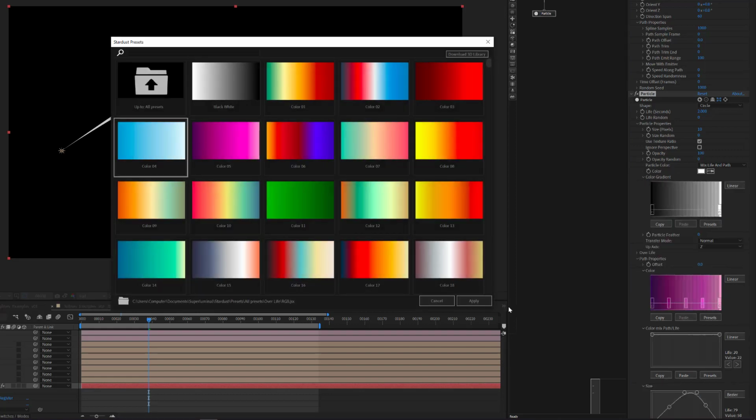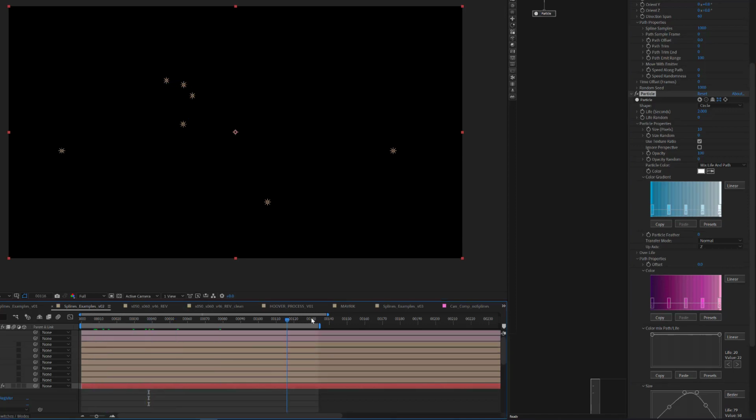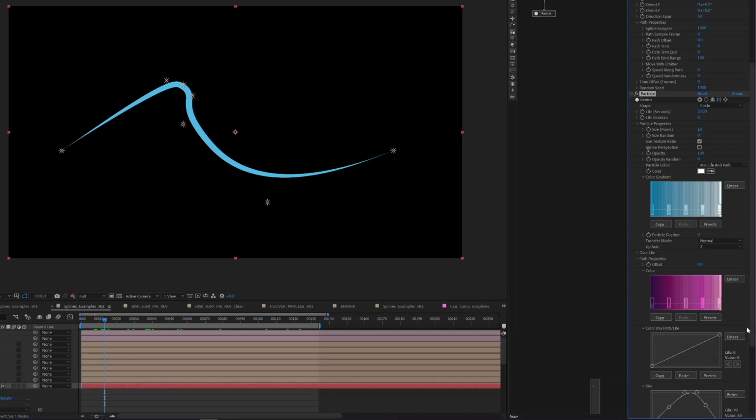So if this was blues, you would see that over their life, they would change their color. What we want is to use this graph, so let's just drag this to 0. And now our particles are getting the color from this over the path.